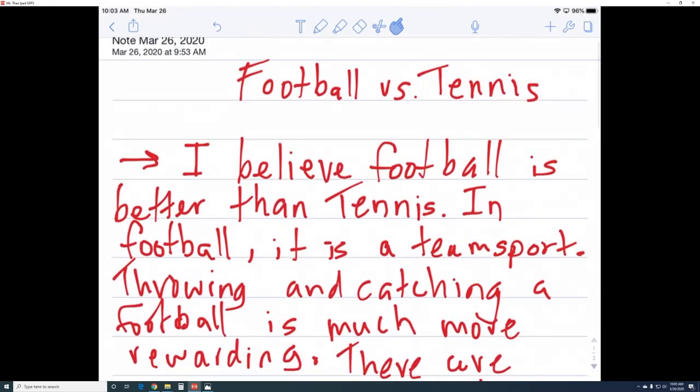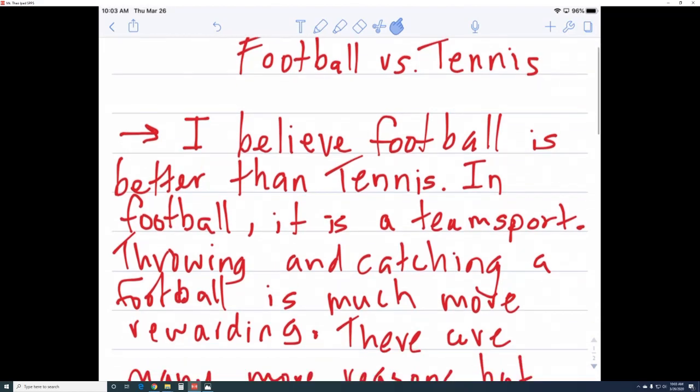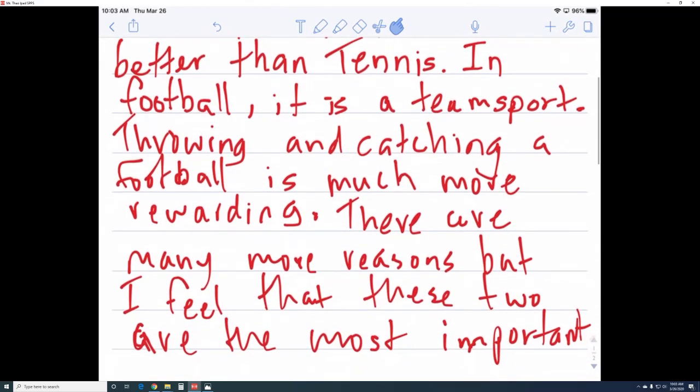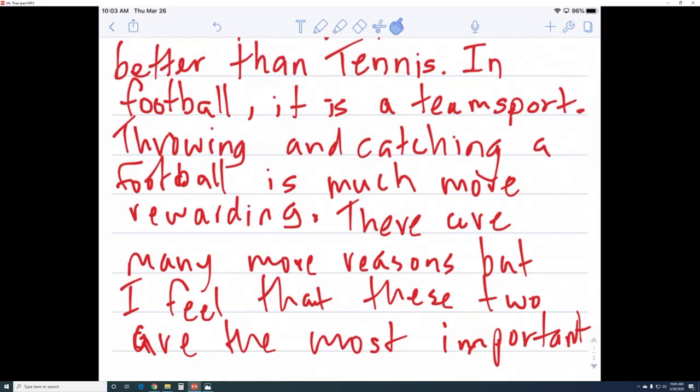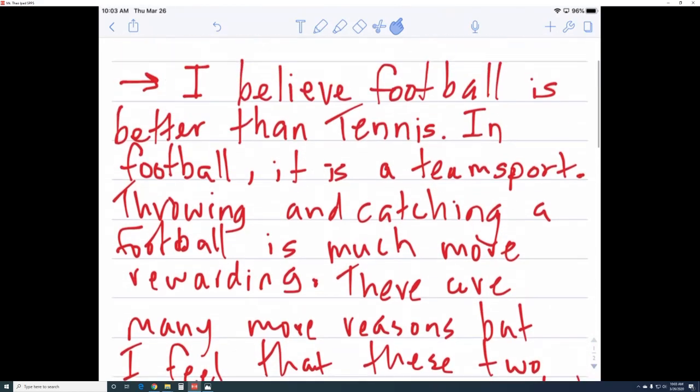What I'm going to do next is show you exactly how to type on Notability. So I'm going to leave this the same way it is. I just want to say that if you are writing by hand or with a stylus, you're going to keep writing this with a pen or a stylus.